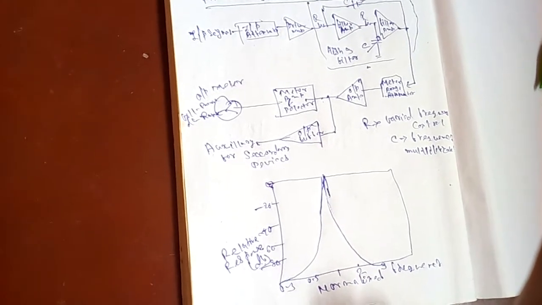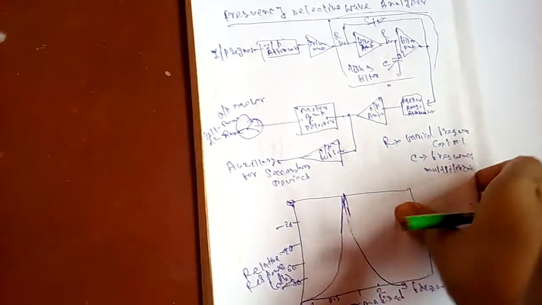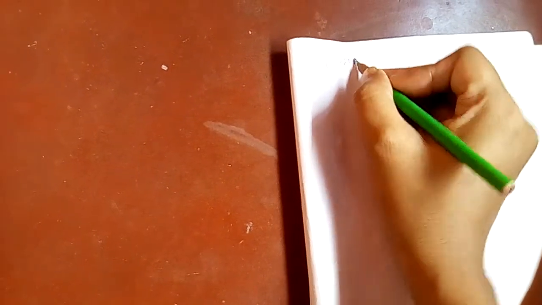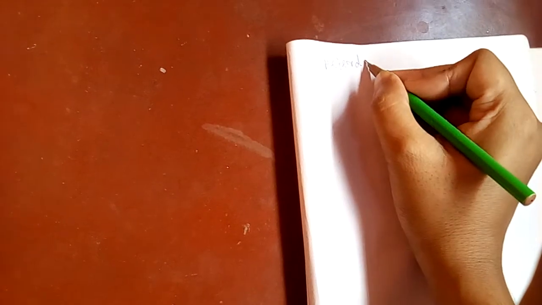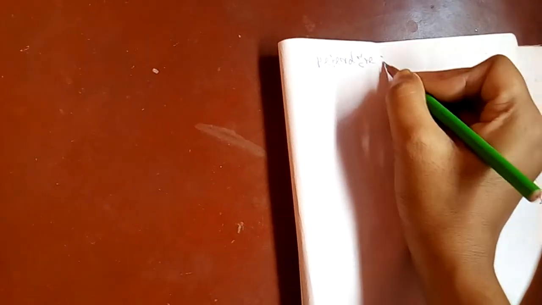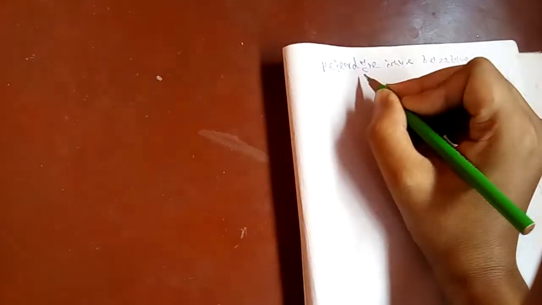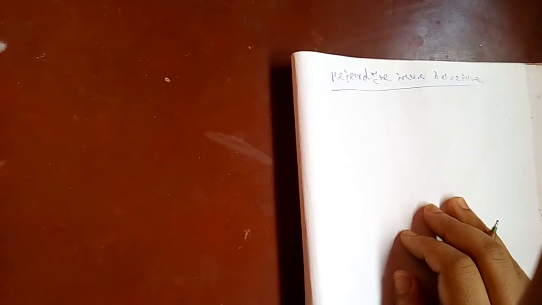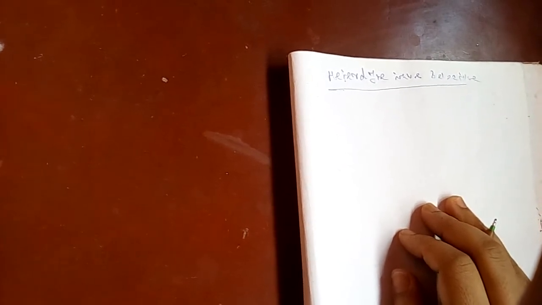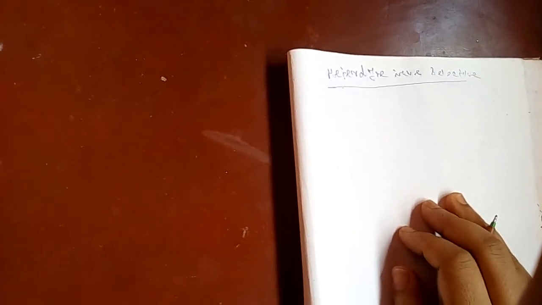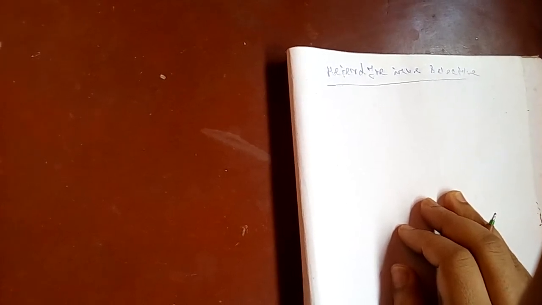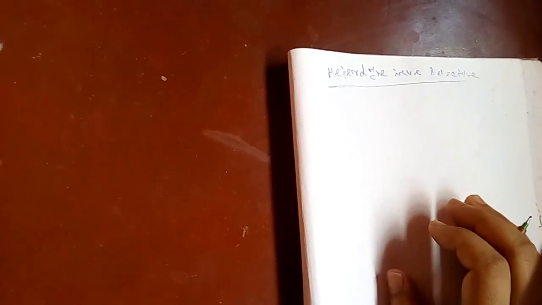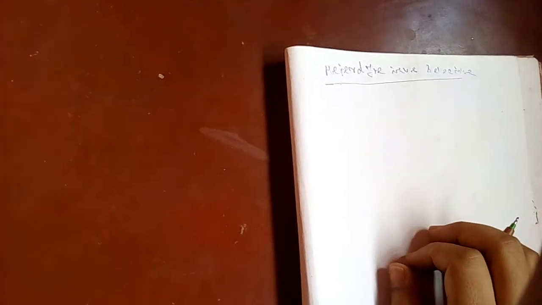Second, we use the heterodyne wave analyzer. Heterodyne means mixing, so here two signals are mixed. The audible frequency range is handled by the frequency selective type. For measurement in the radio frequency range, a high frequency range, we use heterodyne. The working principle is that two signals are mixed.